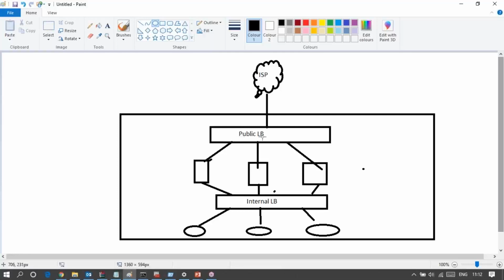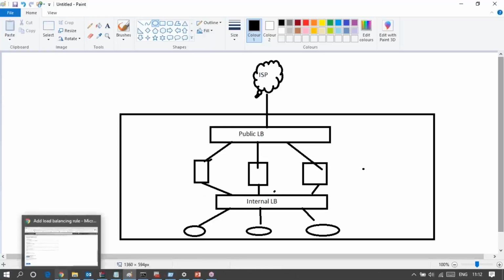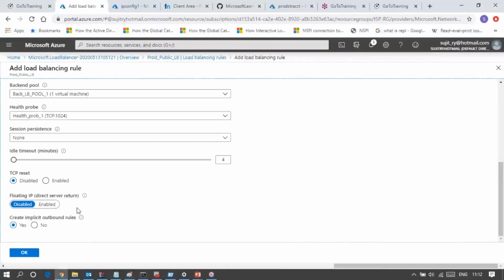But that should not happen. So we have to restrict the problem by disabling this option, floating IP, direct server return. Don't enable this. If you enable it, then your backend pool or your service can send the traffic directly to the client using Azure network. So make it disabled.